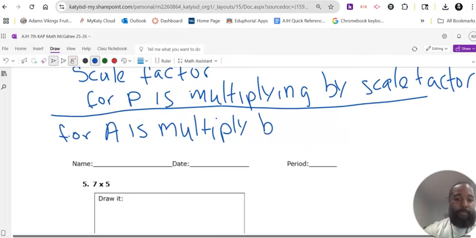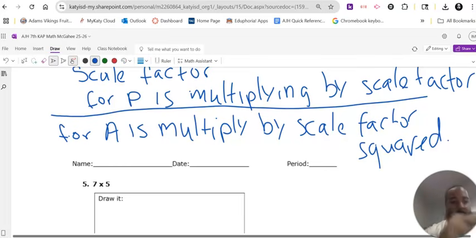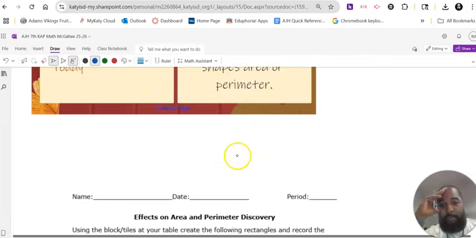And we can do more examples of this, but I'll go back up and show you what I mean by scale factor squared. That's kind of sloppy, but let's go ahead and make that a little easier to read. Okay, so what I mean by that is if I go back up to the top and I look at this first example,